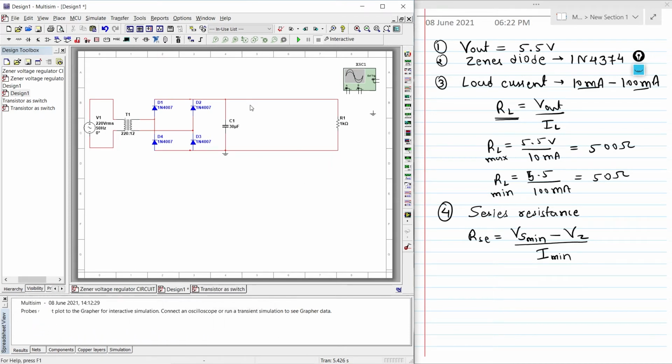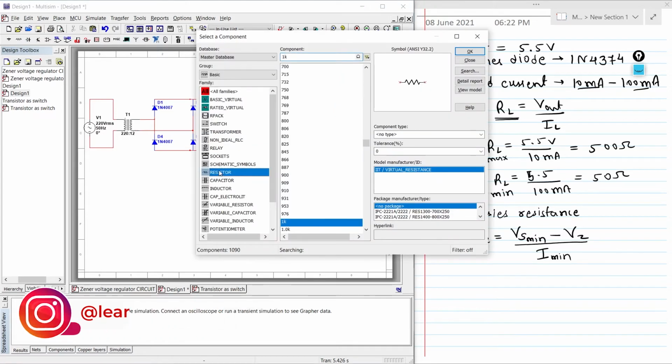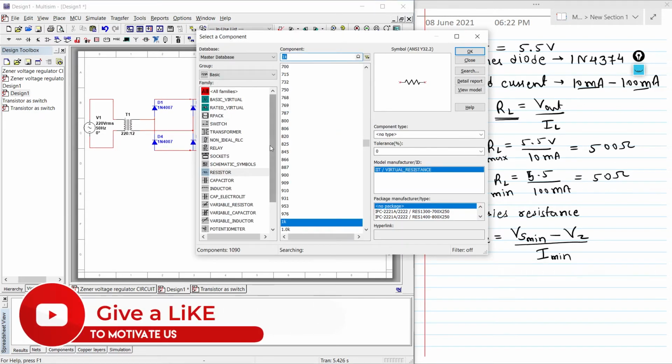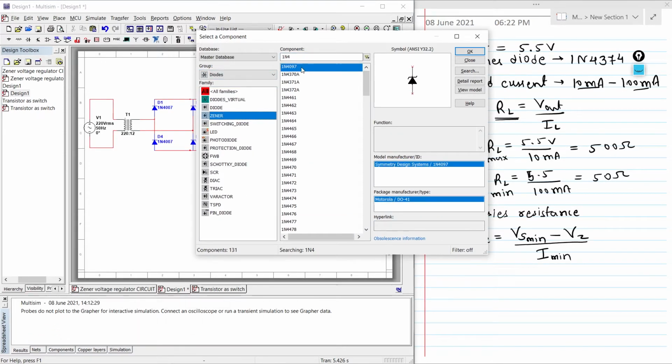Now we will place a series resistance and a Zener diode in this circuit. For that we'll go to basics, we'll go to resistor, and we'll take a random value resistor because right now we don't know the value of the resistor. And then we'll go to diodes, we'll go to Zener diode, and which diode do we need to use?